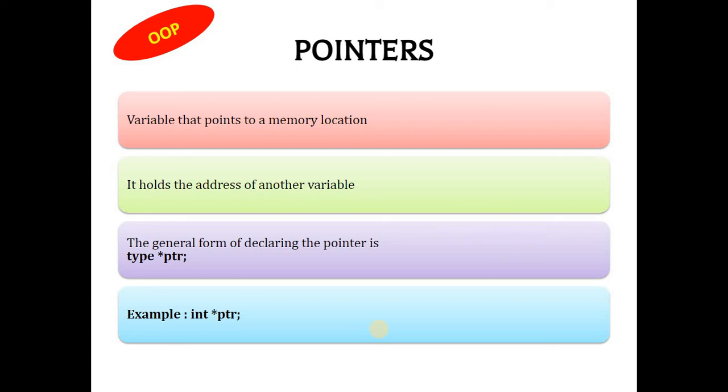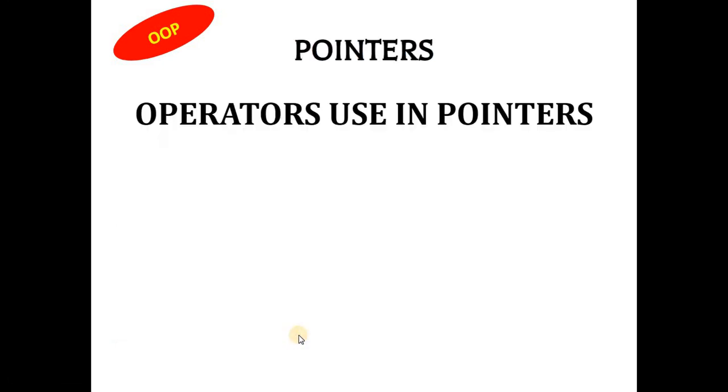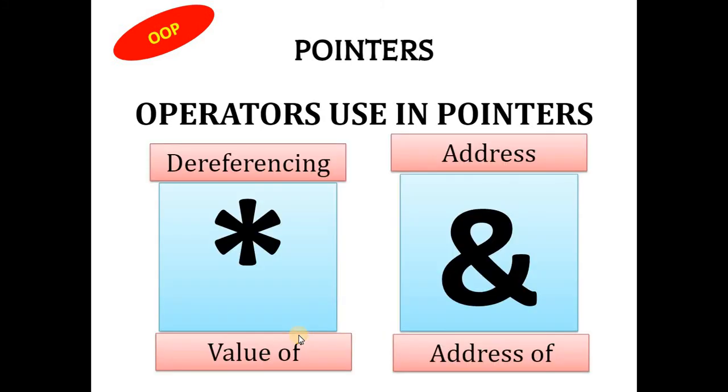To declare this type of pointer we write the data type and an asterisk, then ptr. For example, if I want a pointer to point to an integer variable, I will write int *ptr. Here the asterisk sign is known as the dereferencing operator, which makes the ptr variable point to an integer variable. So the operators used with pointers are the dereferencing operator, that is the asterisk, and the address of operator. The dereferencing operator shows the value where the pointer is pointing,